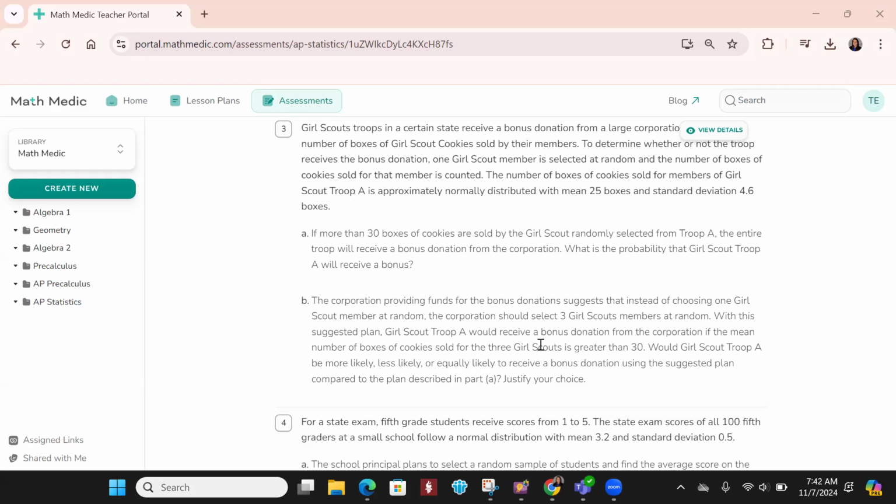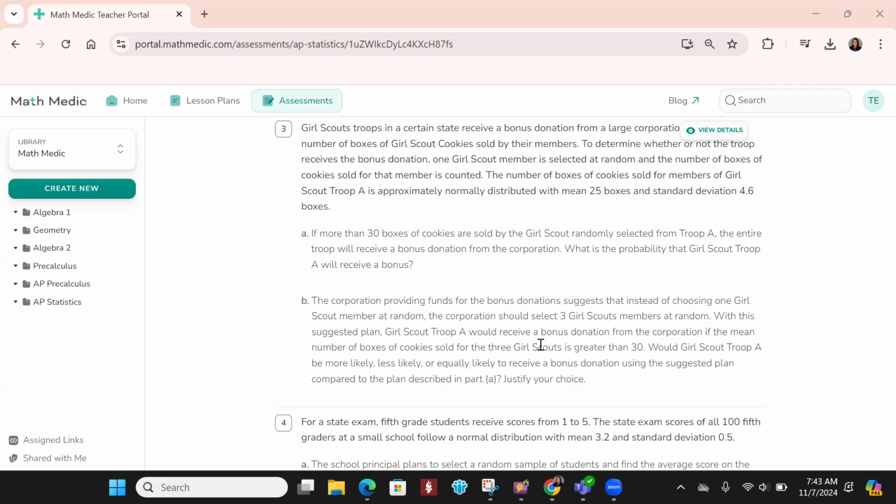Number 3, let's go. Bring it back. Girl Scout troops in a certain state receive a bonus donation from a large corporation. See, it's all about money. The bonus depends on the number of boxes of Girl Scout cookies sold by their members. Determine whether or not the troop receives the bonus donation. One Girl Scout member is selected at random, and the number of boxes of cookies sold by that member is counted. The number of boxes sold by members of Girl Scout Troop A is approximately normally distributed